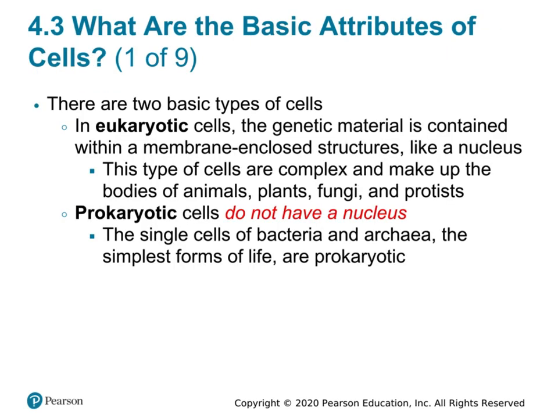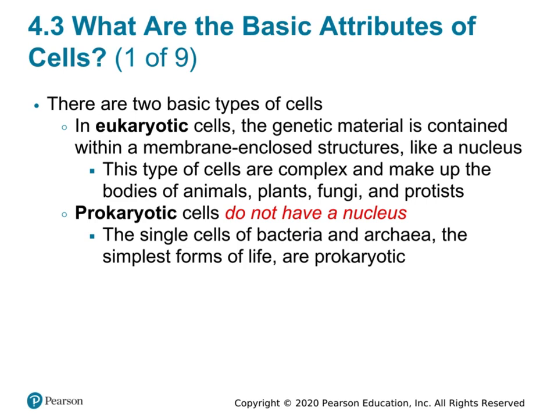Let's look at the two basic types of cells. You have eukaryotic cells and prokaryotic cells. The biggest difference is eukaryotic cells have a membrane enclosed nucleus and prokaryotic cells do not. Eukaryotic cells also have membrane enclosed structures called organelles, and they make up the bodies of animals, plants, fungi, and